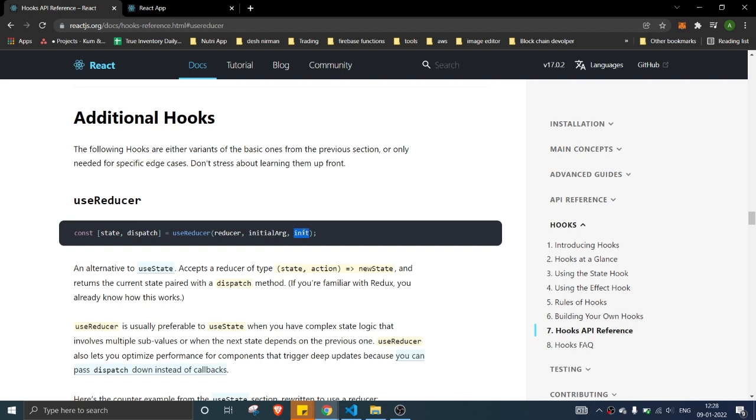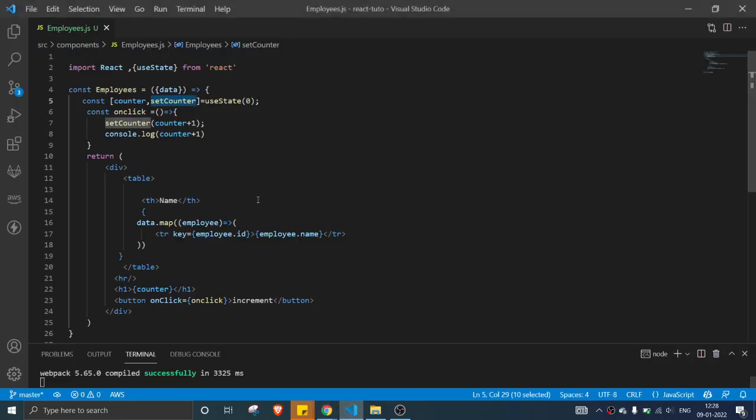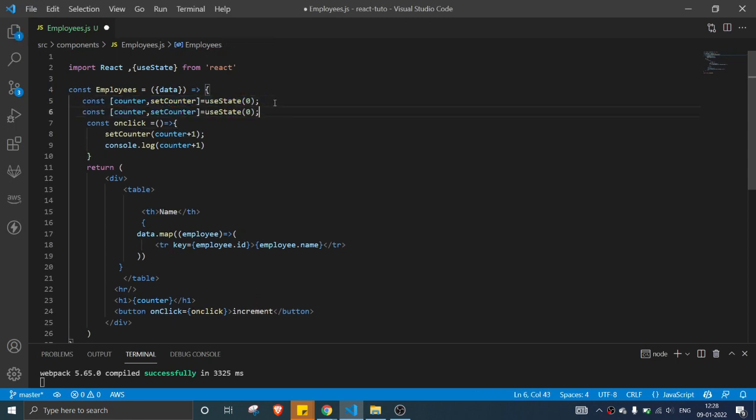So what is the advantage of useReducer? You no need to have multiple useStates. For example, I want to display one more text, something called show text, and we use a toggle.